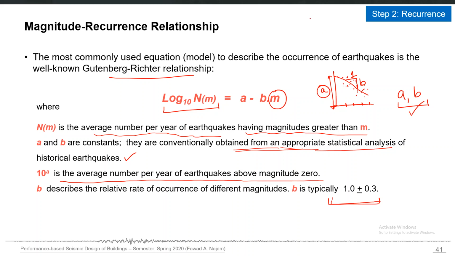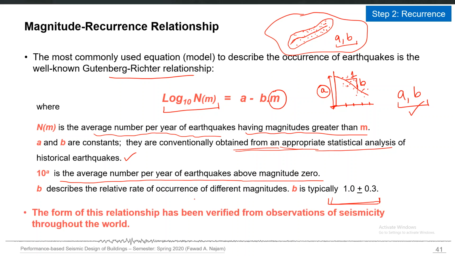And this process of constructing the magnitude recurrence relationship can also be performed for crustal faults, because if you have, let's say, the study area and you have this fault and all the earthquakes which are located on that fault, you can carry out the same exercise. You just count all the earthquakes in a particular buffer zone around that fault, where you think the seismicity is mainly governed by this fault, and then based on the number of earthquakes for different magnitudes, you can carry out this whole process to come up with a and b seismicity parameters for your fault. So a and b will be used to model that fault or any area source also in the PSHA process.